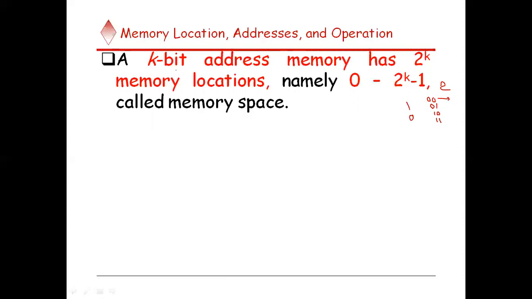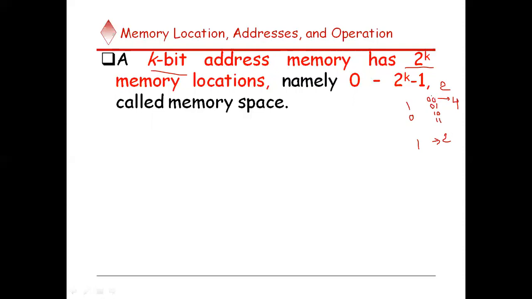That is generally written as k bits of address. That means if your address is having k bits, then the total memory locations are 2 raised to k. So in our example, 2 bits are there. In that case, 2 raised to k is 2 raised to 2, that is 4. So 4 memory locations are possible. In the earlier case, only one bit was used. So if the address is having one bit, then how many memory locations are possible? 2 raised to k, that is 2 raised to 1. That means 2 memory locations are possible.